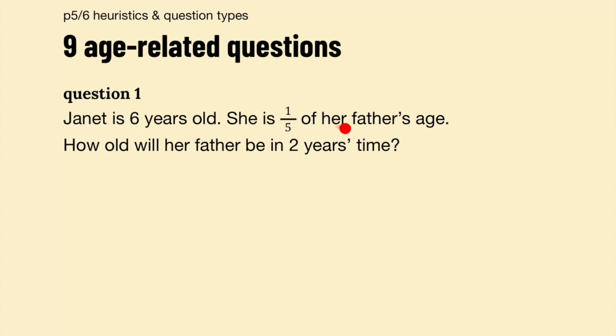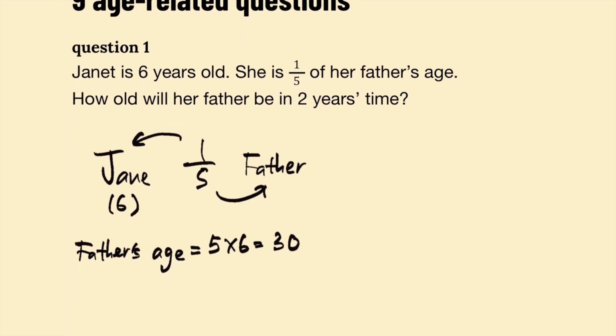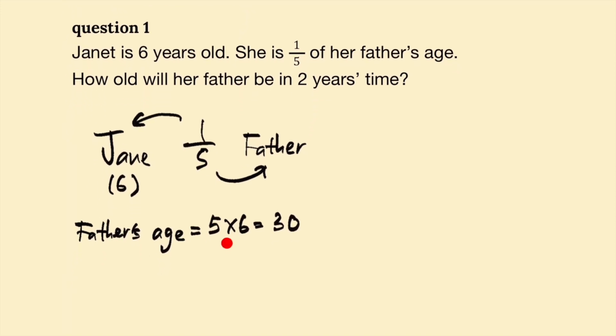She is 1/5 of her father's age. Using the left-right arrows rule, you can say that Janet herself is 1 unit, father is 5 units. All right, so let's do that. I know it says Jane, but it's Janet. So Janet is 1 unit, father's 5 units. Since we know Janet is 6 years old, then the father is basically 5 times 6, isn't it? So the first thing we can do is to say, all right, so father's age is 5 times 6,